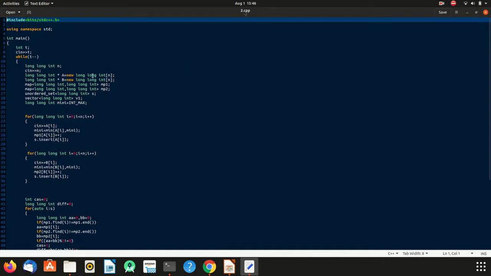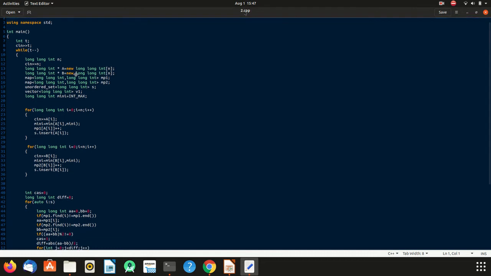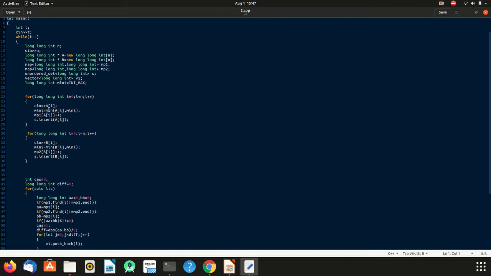So these are the two arrays we are getting. We are taking two maps to count the frequency of each and every element. We are taking the inputs and finding the minimum from both the arrays. Finding the minimum is for if we wish to swap the elements from the vector we are finally pushing on it. Let's see it later.